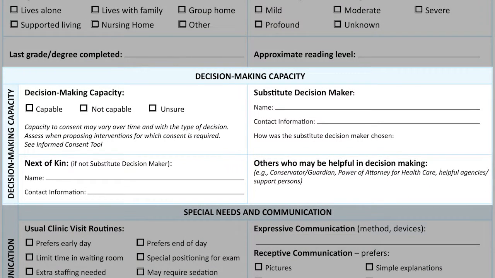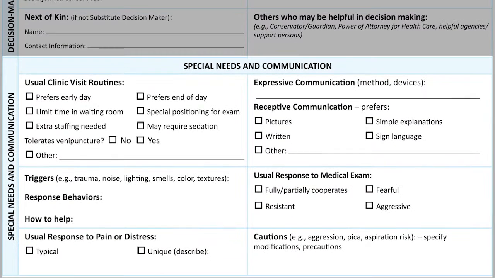It's important to know about consent. So right up front, who gives consent? Is there a conservator? If I'm going to recommend anything, I need to know how to approach consent. And then before I see that person, it's very helpful to know what do they find being in the clinic or my office is like. Is it very anxiety provoking? Are there special things I can do to make that more comfortable for the person? And knowing that ahead of time makes it much less traumatic for them, and often for the person, the family member, or DSP, and myself and my staff.